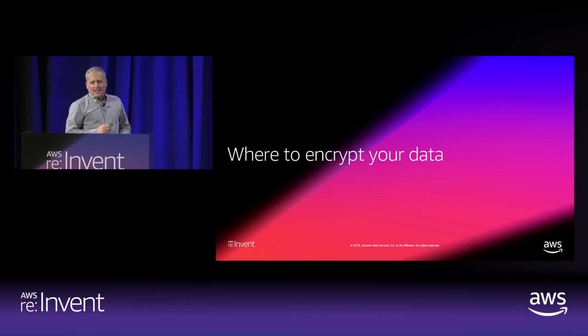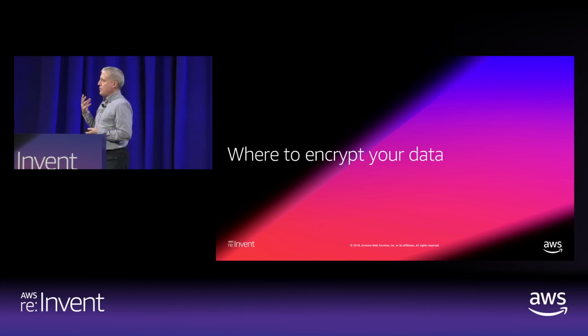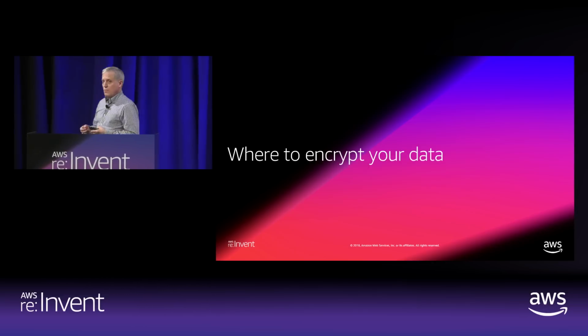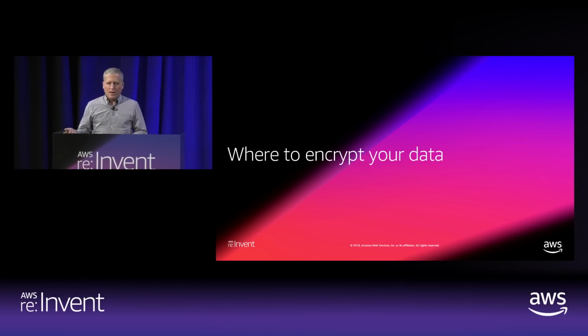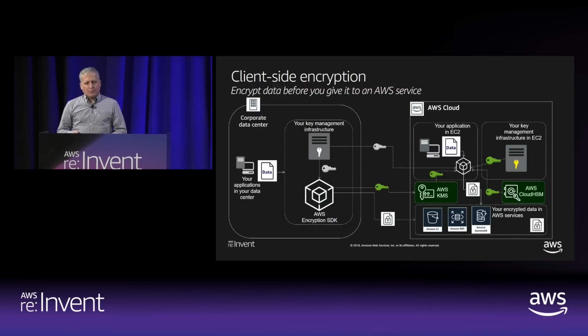Okay, so you've defined access control in the logical plane, and you agree that it might be a good idea for your cloud provider to host the physical key because it gives you great availability and low latency. But now, where does encryption actually happen? What are the choices there? So we have two basic choices.